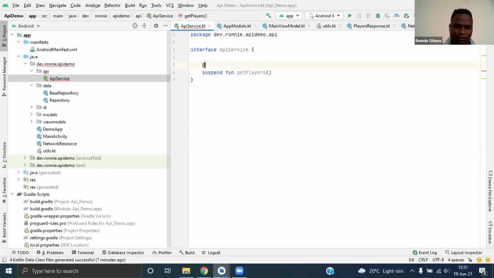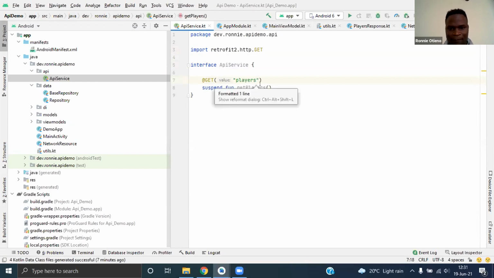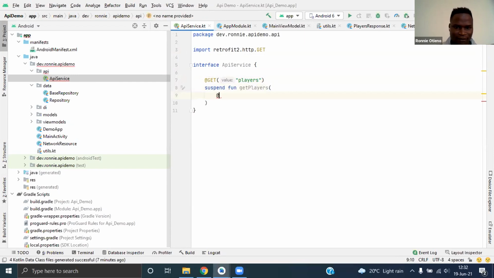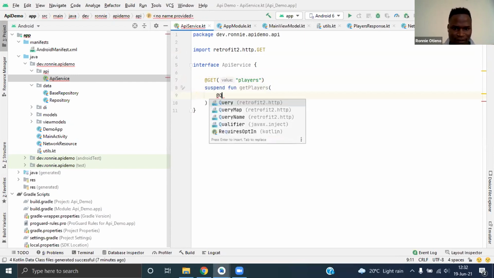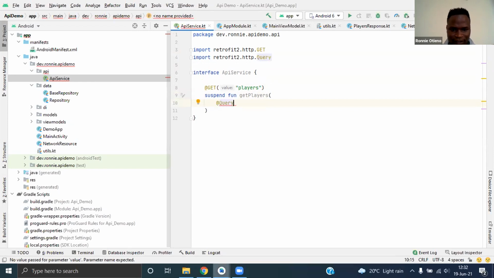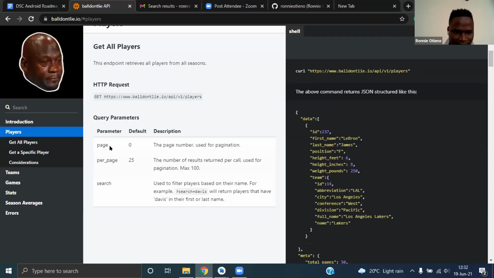And Retrofit @GET, we pass the value that we want to get, which is players. And we are querying with the @Query, there is page and per page.